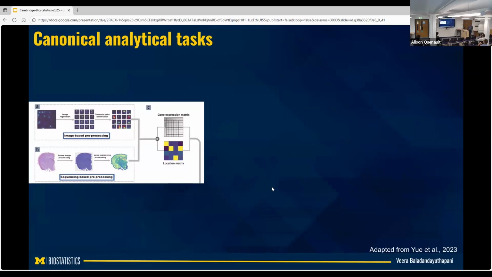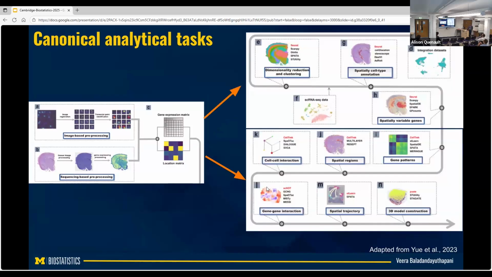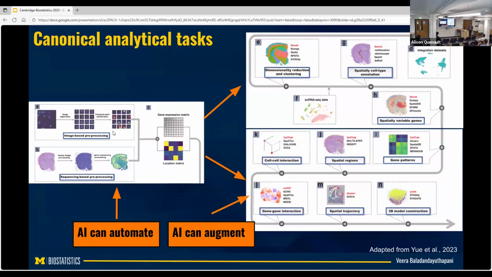So what are some of the canonical analytical tasks? And there are many. I don't want you to read this slide, but I'll make this key point: you get this data from imaging-based or sequencing-based technologies. A lot of this pre-processing, as I said, can be automated. A lot of these analytical tasks are exact analogs of what is done for standard multivariate data: two-group testing, clustering. And in spatial, there's region detection, which is basically what we call disease mapping, like what are the hotspots in the tumor. It's just that the data is now a little bit of a different flavor.